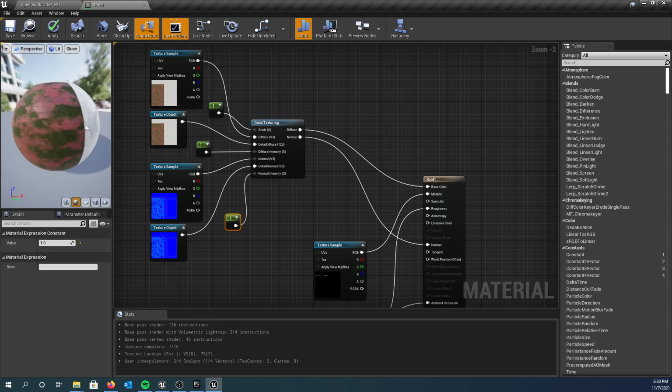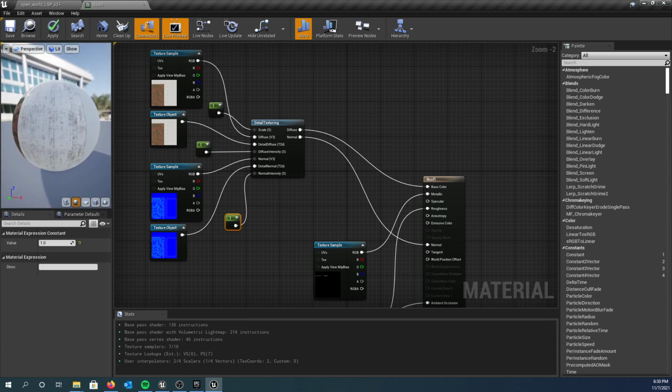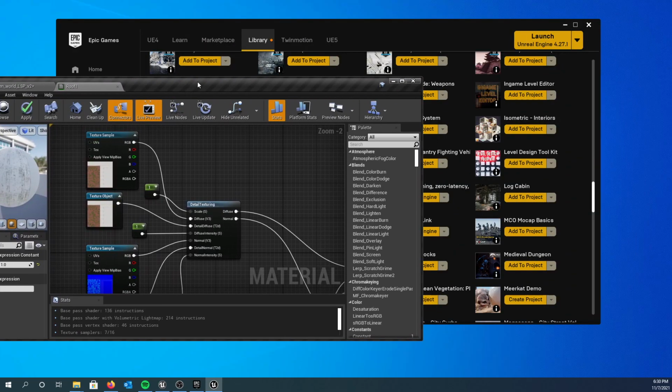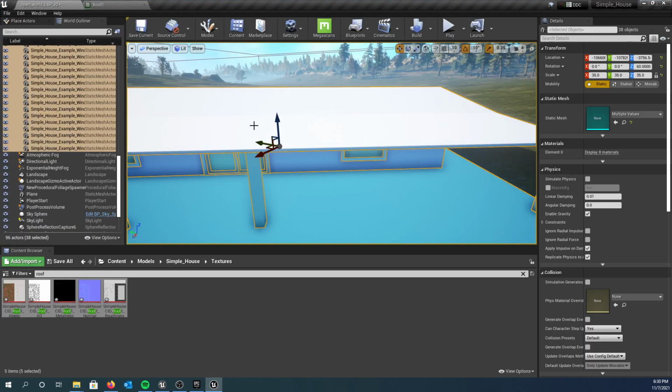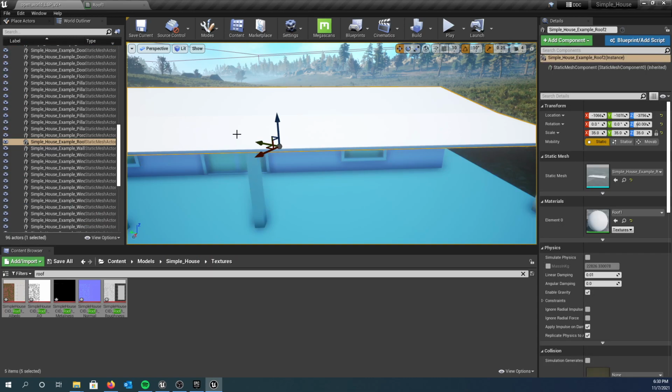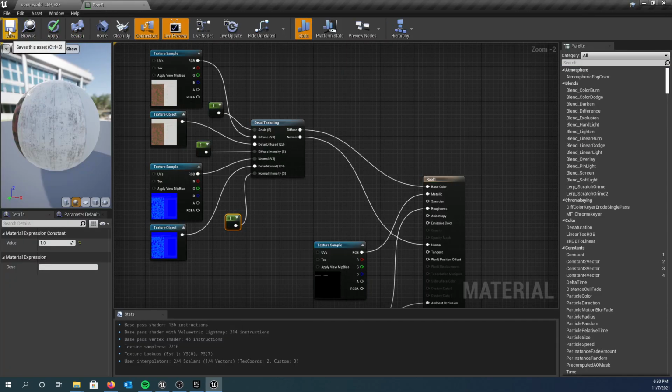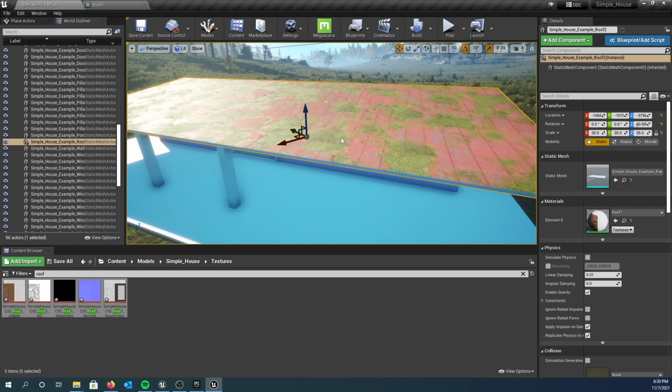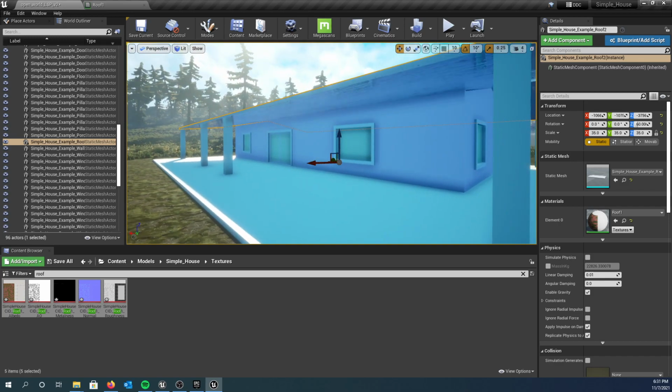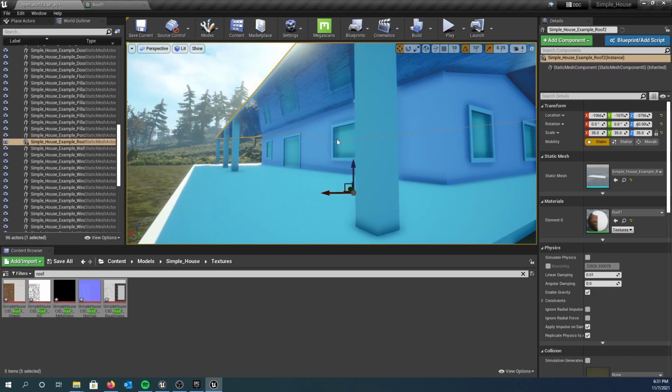Okay, now this is really shiny. That's not going to look right. Okay, but let's go ahead and see what it does look like right now on our house. So if I go here and interesting, our roof should have the material on it. It's odd, it did not take that. Oh, that's because we actually have to hit apply or save. Okay, so up here at the top where it says apply or save, save applies it and it also saves it. So I usually use the save button. And then when we do that, now we should have our roof starting to look like it has something on it. But just as I was afraid of,